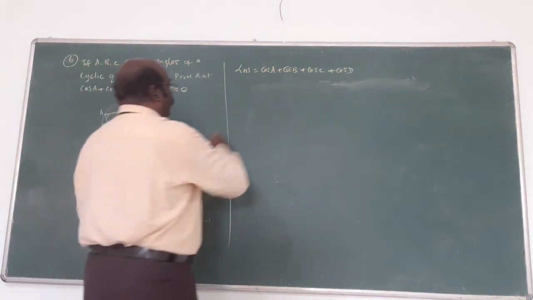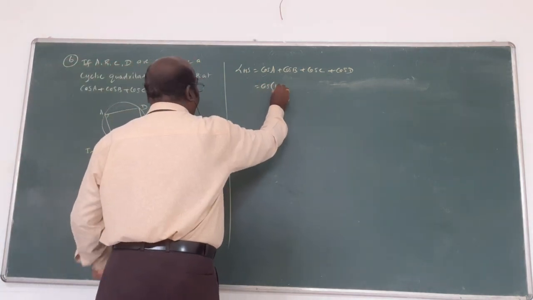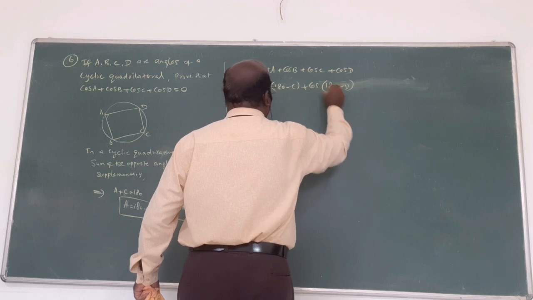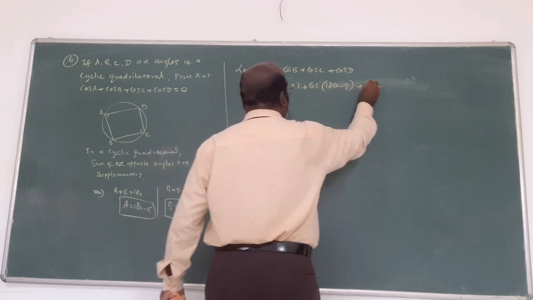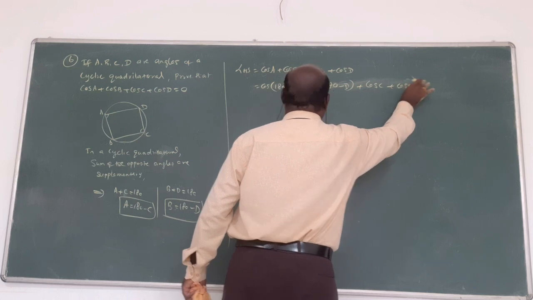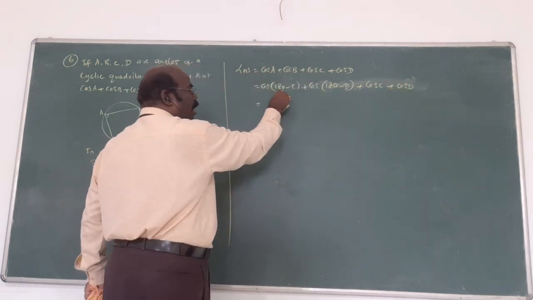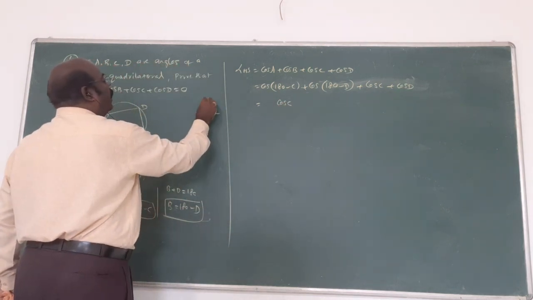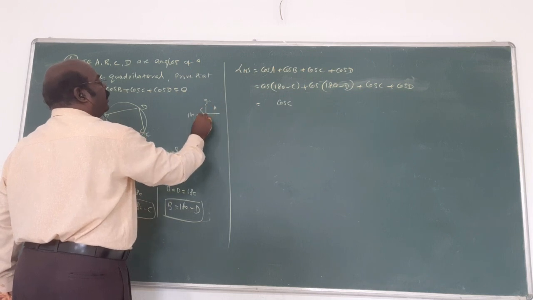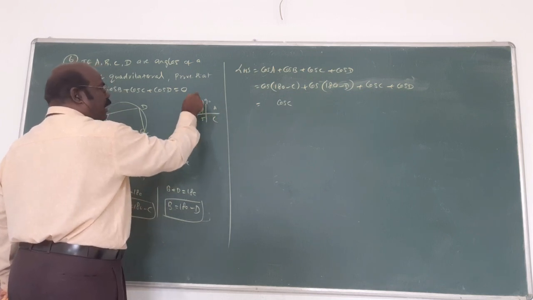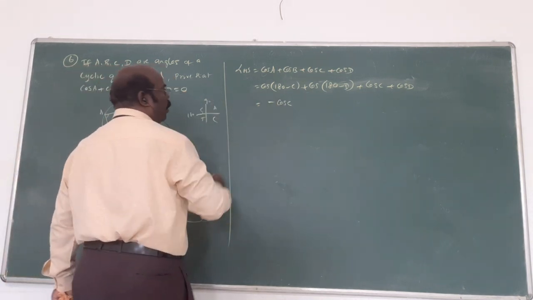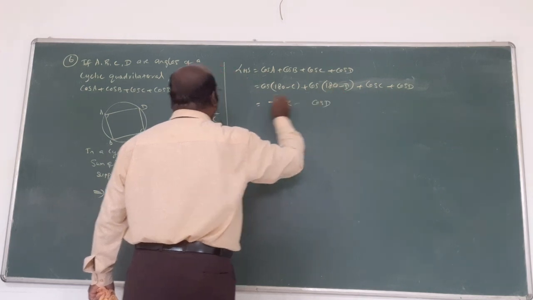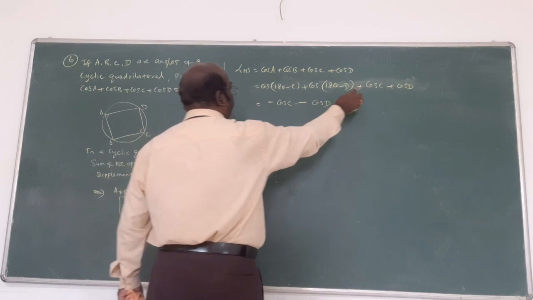Am I right? So for this question, instead of A, what is it? 180 minus C. Instead of B, what is it? 180 minus D. These two change at all. Cos C and cos D. Now, we already know that 180 means cos unchanged. Cos of (180 minus C) becomes cos C, with sign by ASTC. Am I right? 180 minus means second quadrant. In the second quadrant, only sine is positive. That's why minus will come. Again, here cos 180 unchanged, cos D will come, but 180 minus again second quadrant, negative will come. Therefore, the same thing.